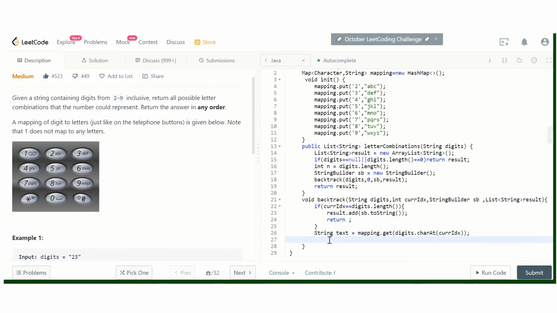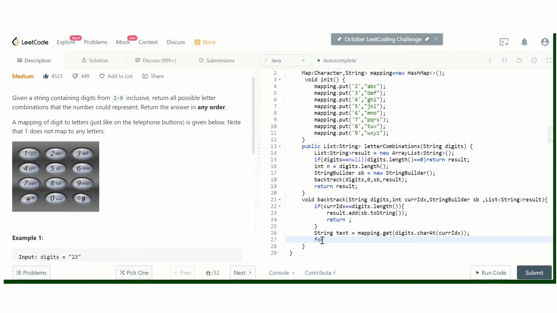Okay, and we'll try to replace the current character with all the characters in this text. Like 2 can be replaced with a, b, c. So for 2 we got a, b, c, and we'll try to replace 2 with a, b and c.